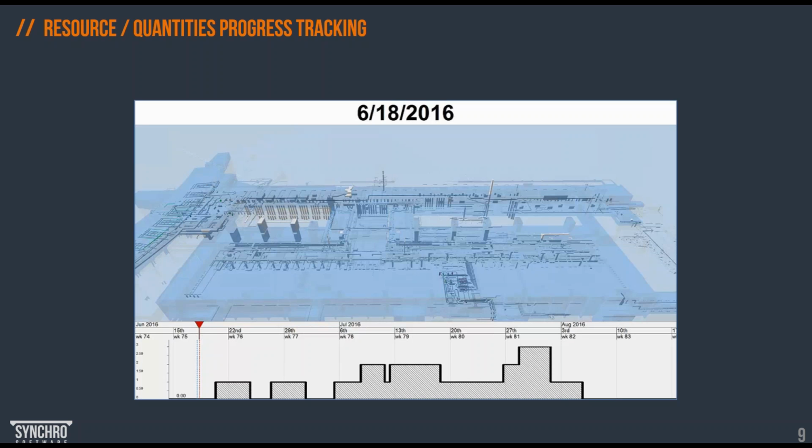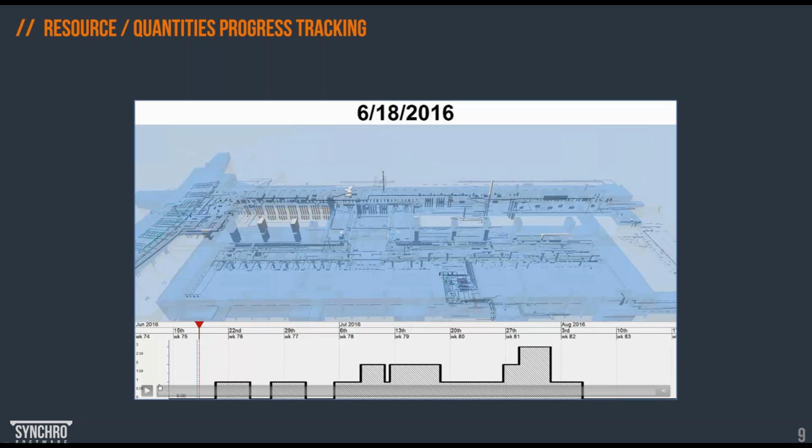Once we assign the resource in SYNCHRO, we can quantify it, we can assign the cost, and using production rates, for example, we can almost calculate the duration of the task. So if we have assigned several resources to a task, we can summarize the quantity of that resource or different resources, and using production or output rates, calculate the duration automatically in SYNCHRO.